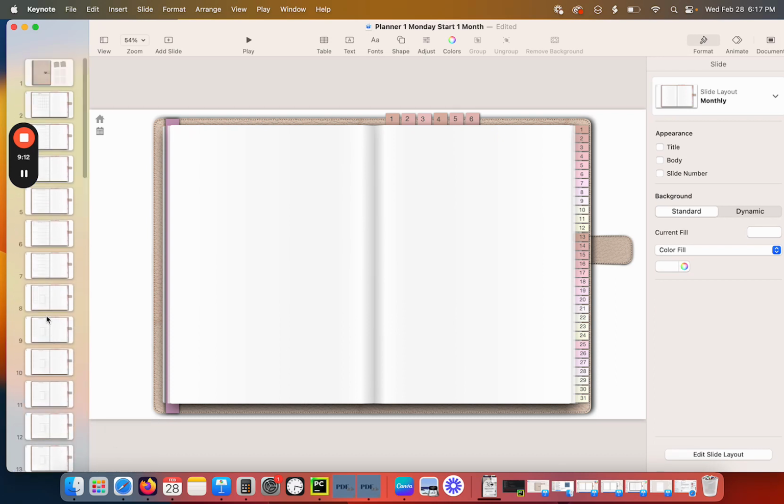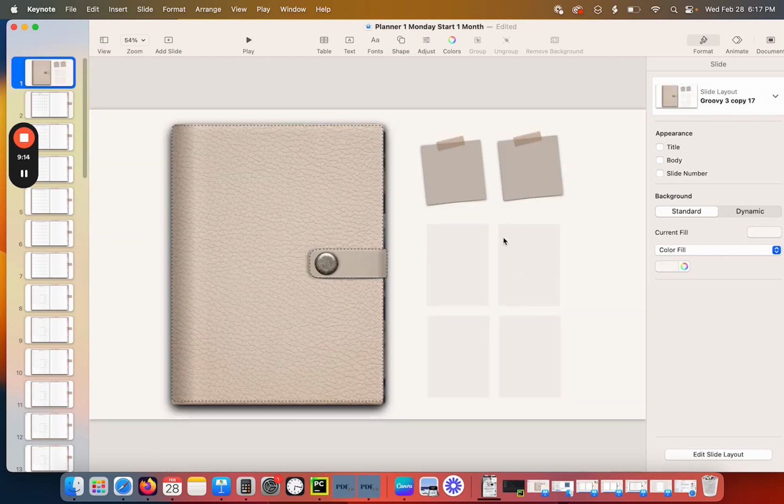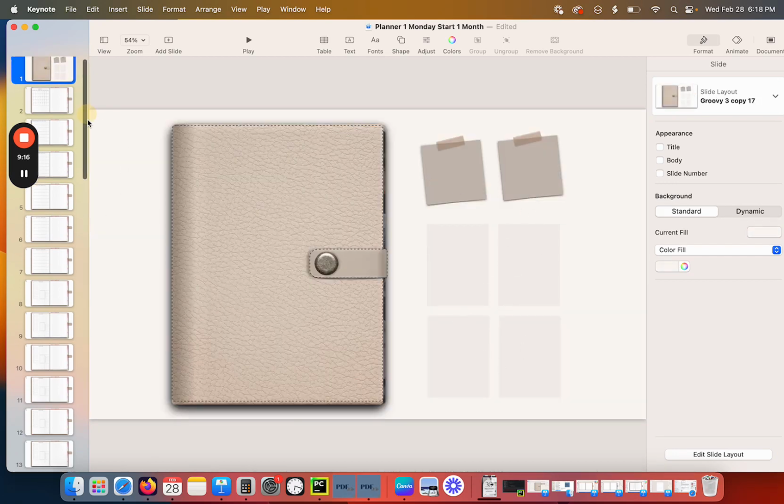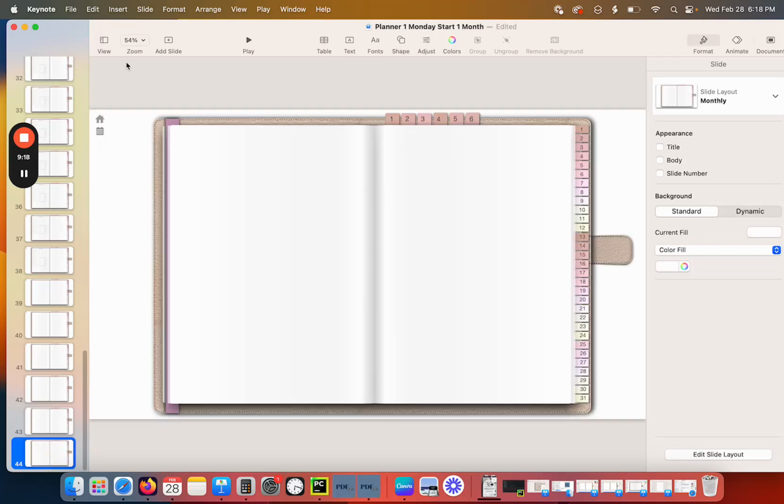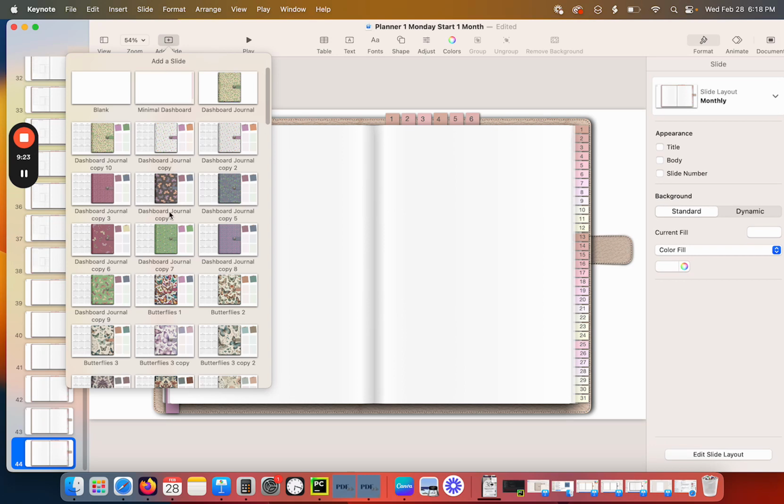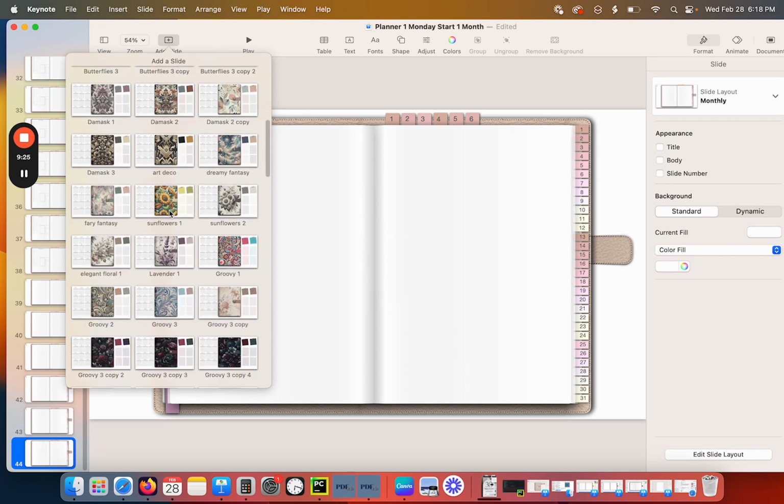Because that is going to be where I link these sections to. So now I want to just add my back cover,